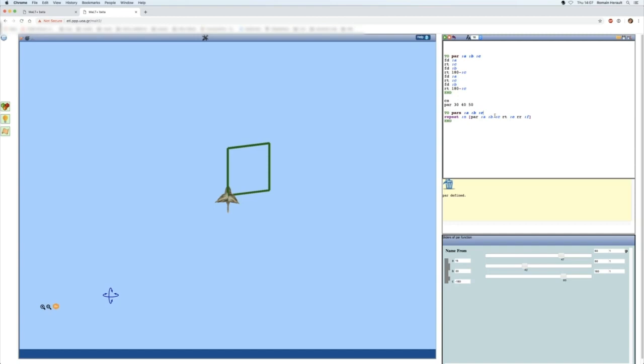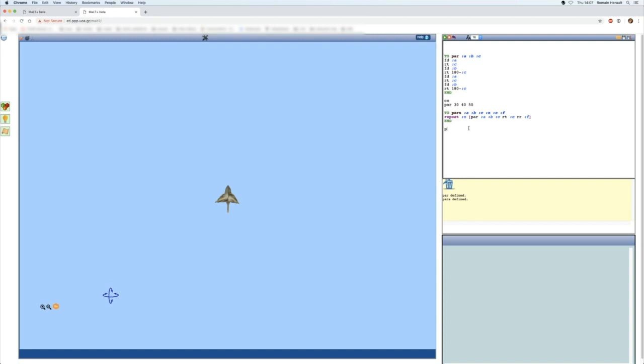So this program has not just 3 variables, it has N, and it has E, and it has F. I can put as many variables as I like. Now let's see what this does. If I click on play and click on clear screen, I can then execute parse with 30, 40, 50, and then how many times?